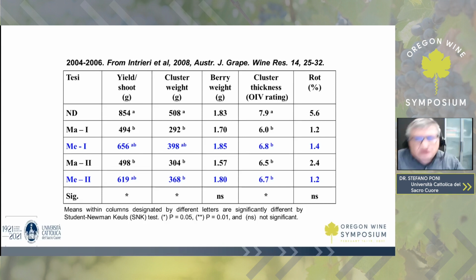We do research. And so we need to convince people that we are telling the truth by also showing numbers. And so, to test the effectiveness of the mechanical leaf removal, we did a 3-year trial, of course, on Sangiovese in Italy. That's been published a few years ago in the Australian Journal. Non-defoliation, MA is for manual, ME is for mechanical. We did that pre-flowering, post-flowering, and just to be very quick in